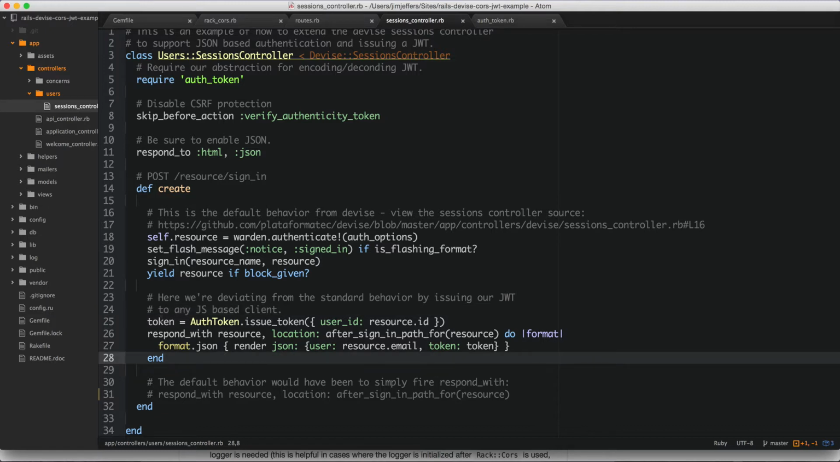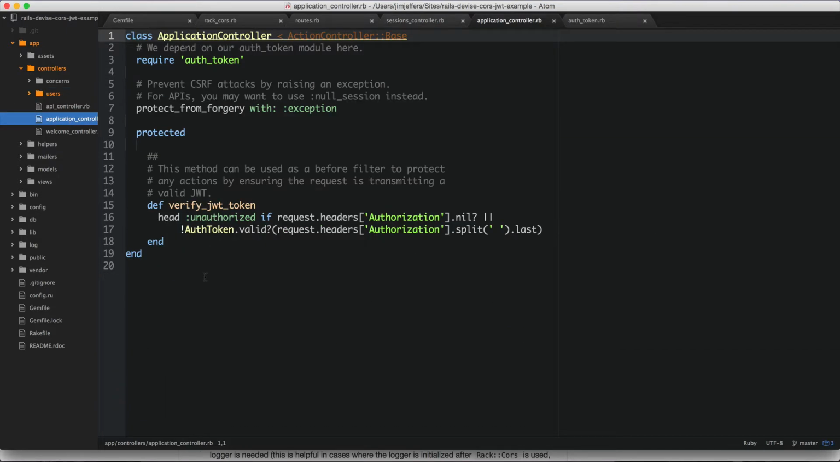So the next thing that we'll need to do is simply check for that in methods that we want to protect, to ensure that they only are accessible if the user is passing in a JWT that's valid. So to do that, here I've just added inside the application controller, we're requiring the auth token lib again, and just for reference, that's because I'm storing that in the lib directory here. It's not getting auto-loaded,